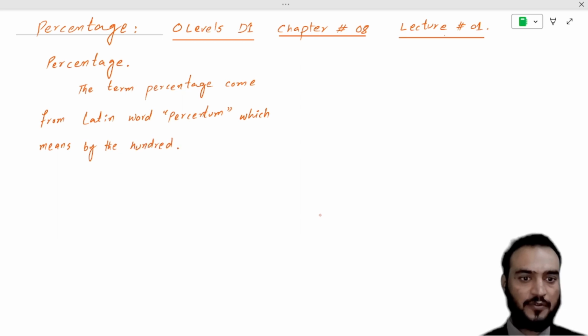So in the simplest form, anything out of 100 or by the hundred is called percentage, or we can say